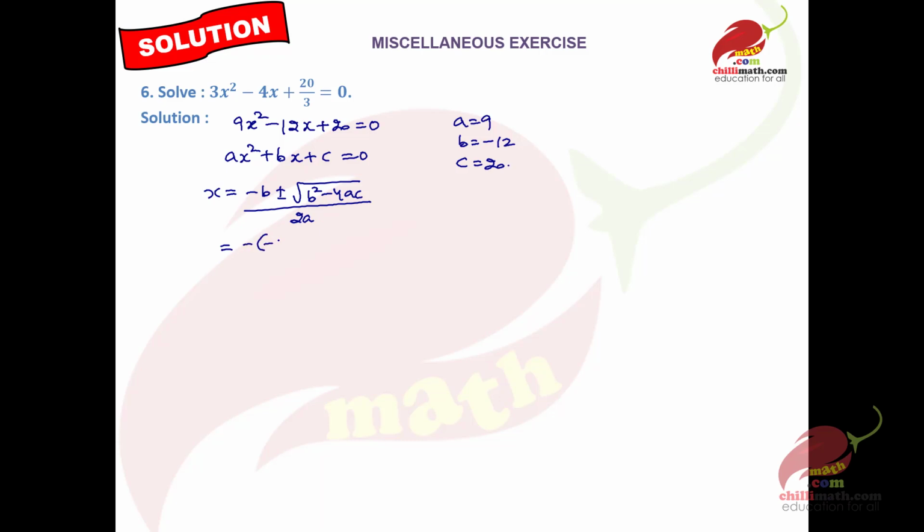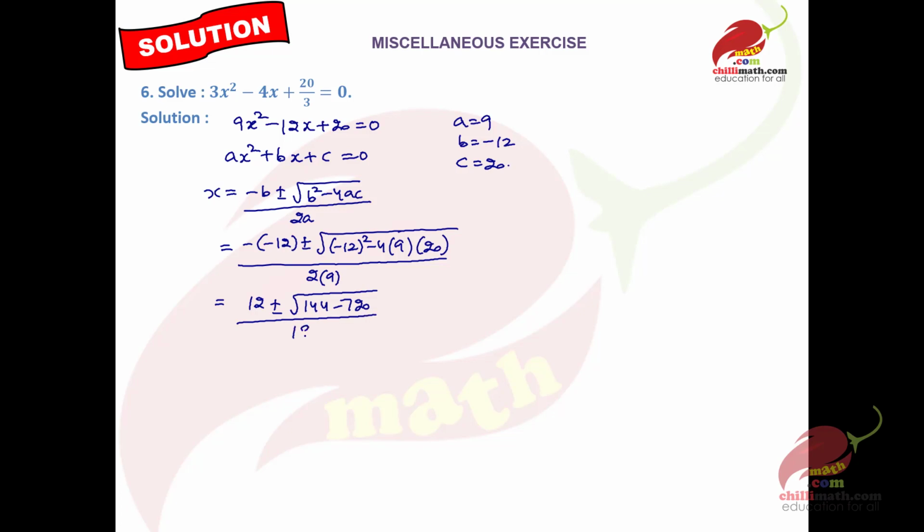Putting values of a, b, c here, minus of minus 12 plus minus square root of minus 12 square minus 4 into 9 into 20 over 2a, that is 12 plus minus square root of 144 minus 36 into 20, 720, over 18. It is equal to 12 plus minus